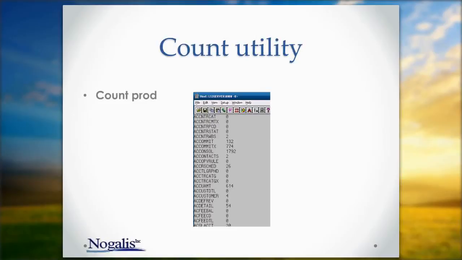There's another utility called count. So you can just do count, then followed by the name of the product line, and you can even follow that up by the name of the table or the system code, and it will tell you exactly how many records are in that table. So you can see I've done it for the whole product line here, and I can tell that the AC console table has